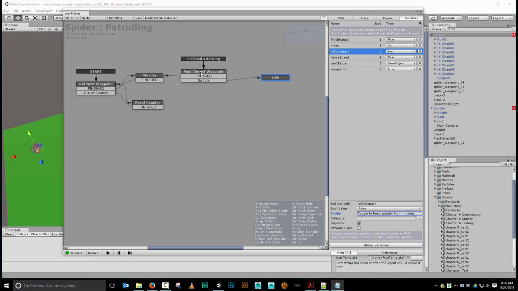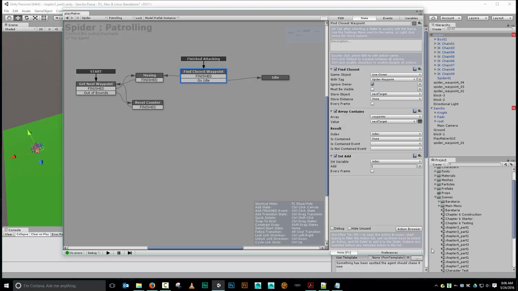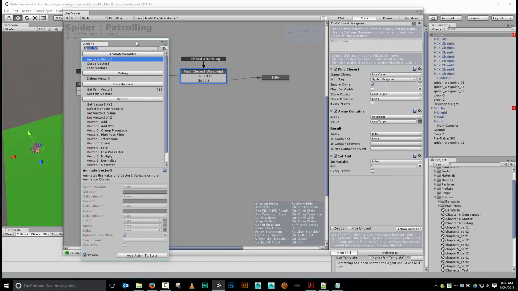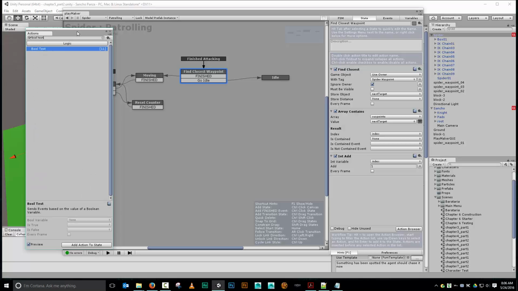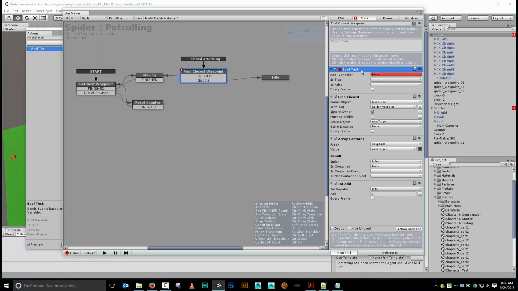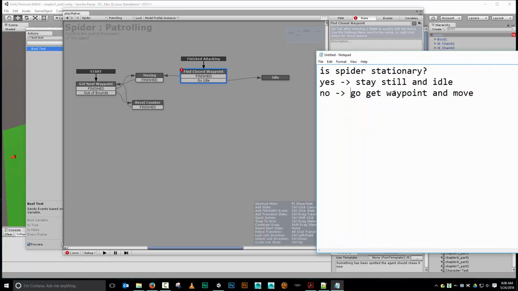Alright, so let's say find closest waypoint right here. This is where we want to ask the question. So we're going to go to our action browser, and the question I want to ask is going to be a bool test. So let's throw that out here, and I want to ask it first. This is the very first thing I do when I get in here, right away. And how do I know it's the very first thing? Because right here, this tells me